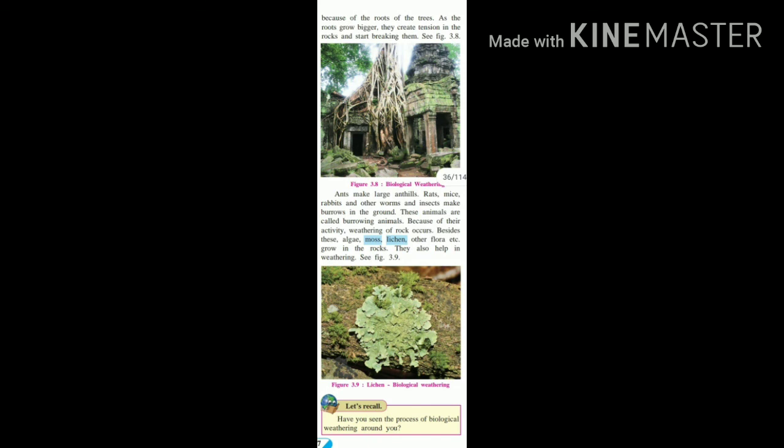Now we'll see erosion. Like weathering and mass movements, erosion is also an external process. Erosion occurs through various agents, as we have studied: wind, running water, glaciers, and groundwater. We will study these agents of erosion and the landforms produced by them in the next chapter, children.